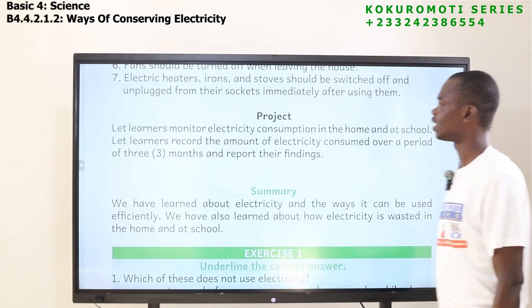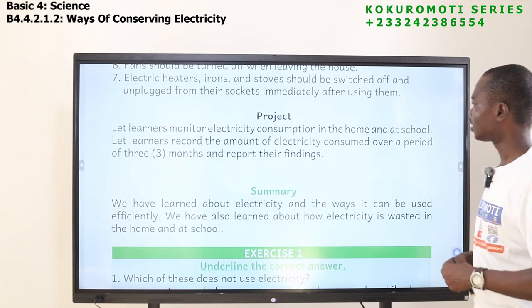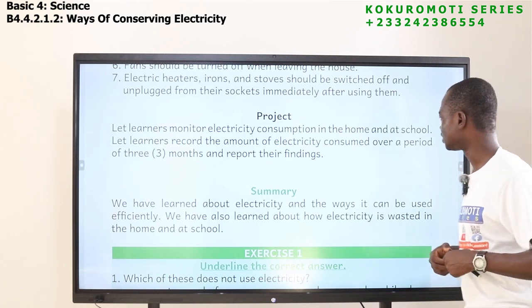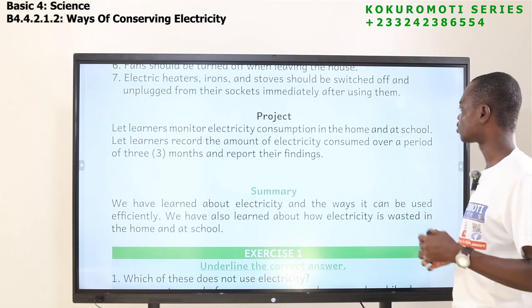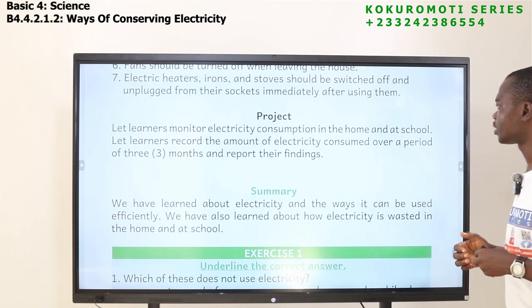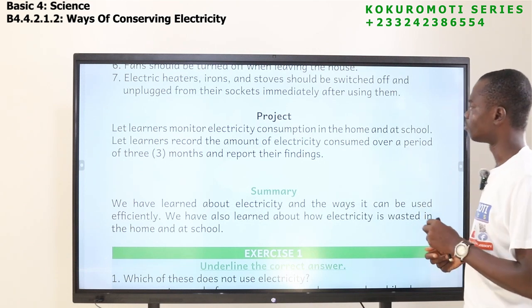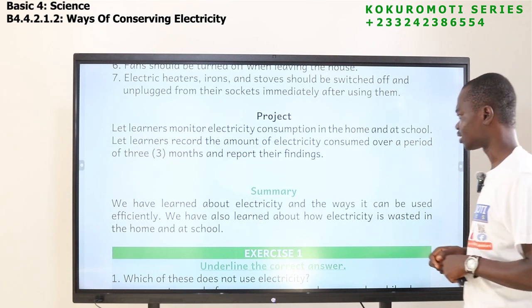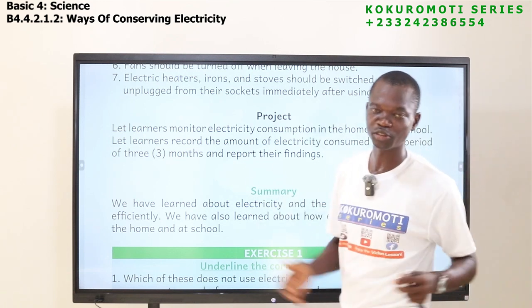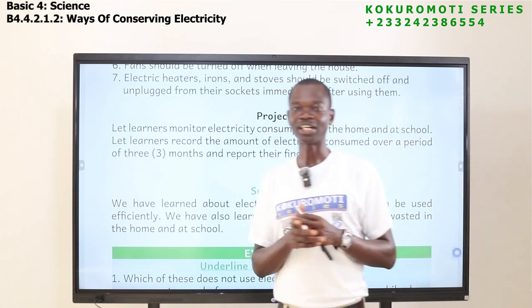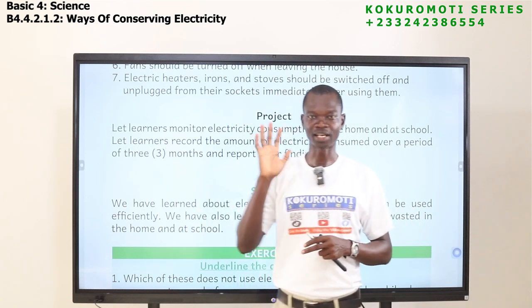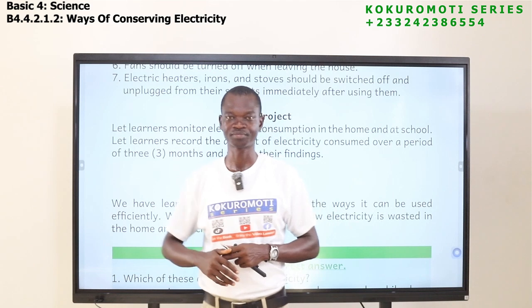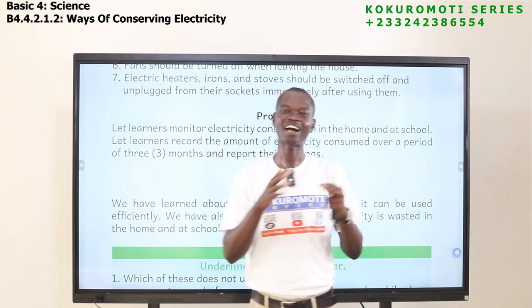So there is a project here. Let learners monitor electricity consumption in the home and at school. Let learners record the amount of electricity consumed over a period of 3 months and report their findings. So here, this is what you are going to do. The light bill that your parents pay, take the previous 3 months, compare how much they pay,